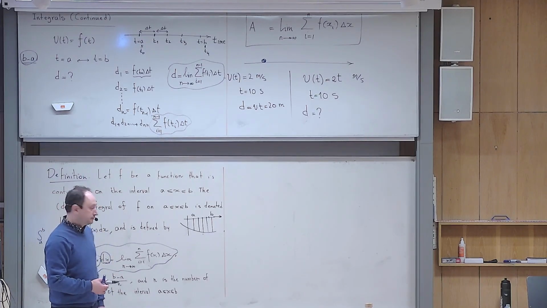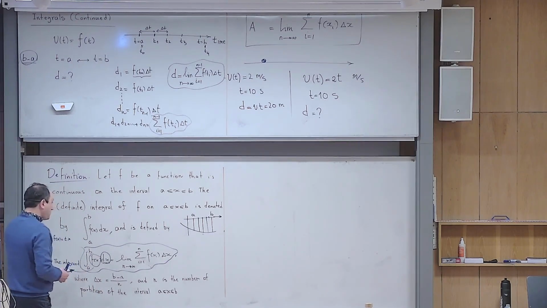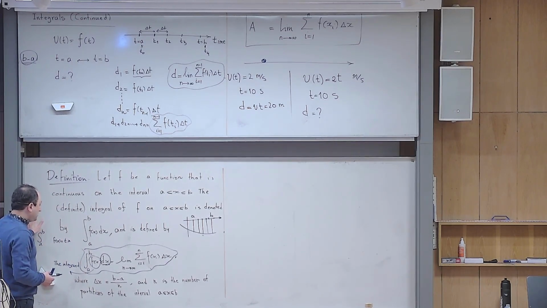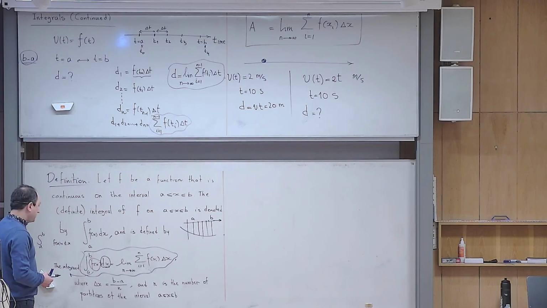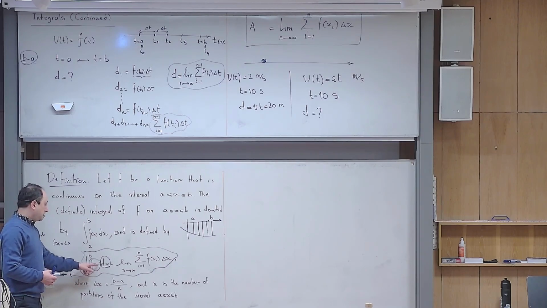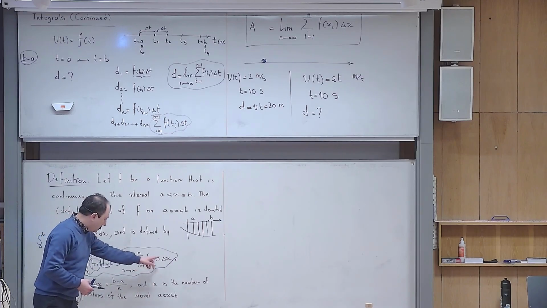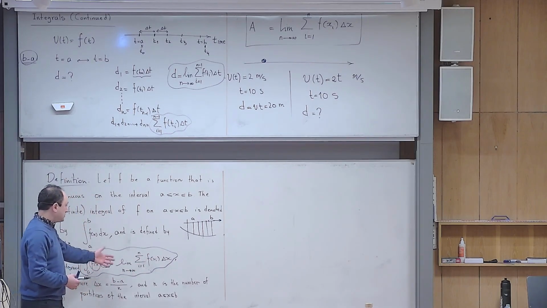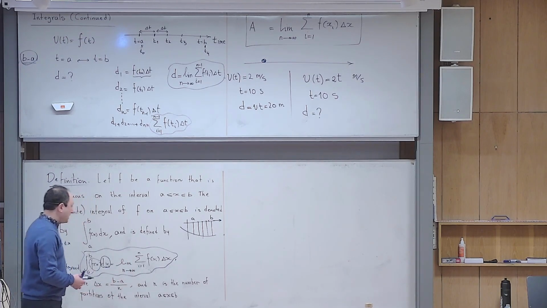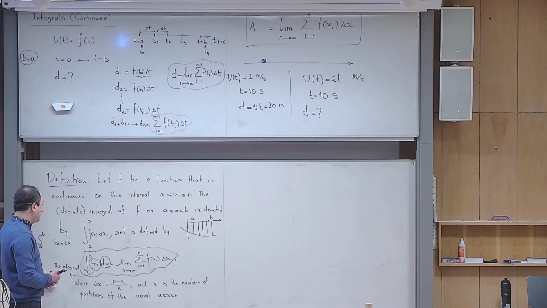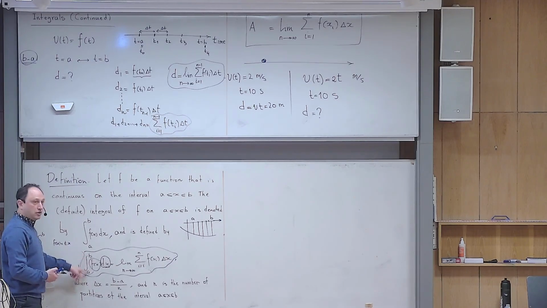Yes or no? Okay. But now, let us try to explore something about this definition. What do you think will happen if these two limits are the same? So I have the integral of f of x dx from a to a itself. I want you to understand this definition a little bit better, but don't worry, this definition is harder than the level of this course. So I want you to have a good understanding about it without going to that much detail. So if a and b are the same,